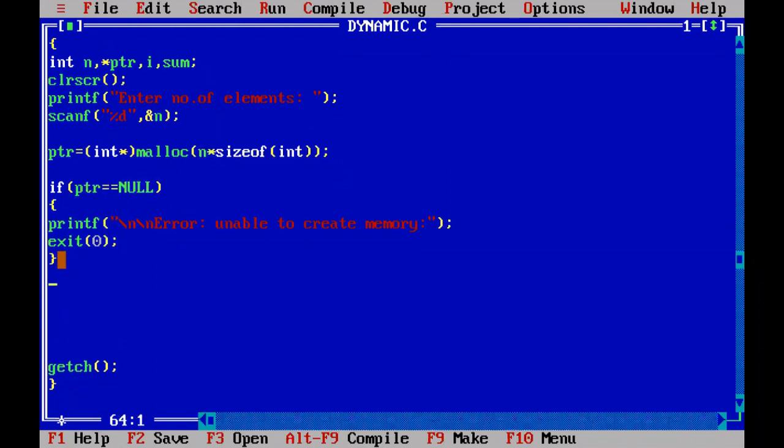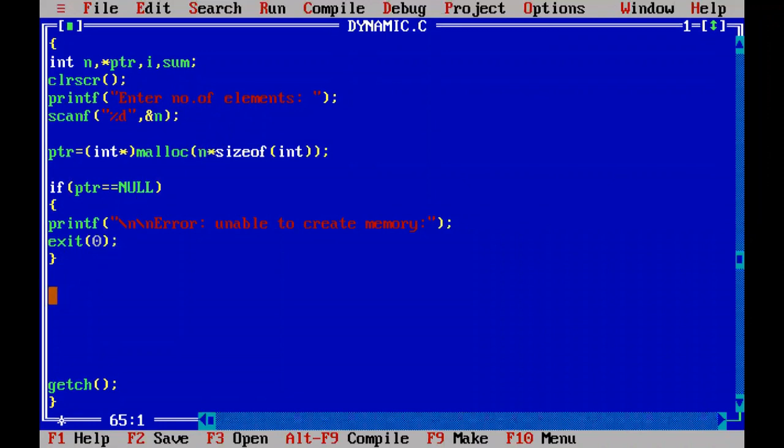Now into that 10 bytes of memory allocated by the malloc function, you retrieve some elements and store them into the memory. How to retrieve? Ask the user first, because you allocated memory for 5 integer elements dynamically.